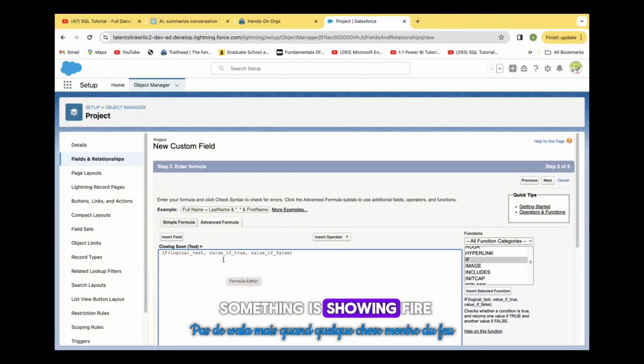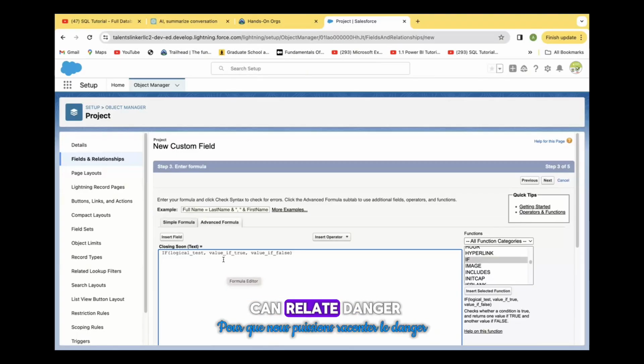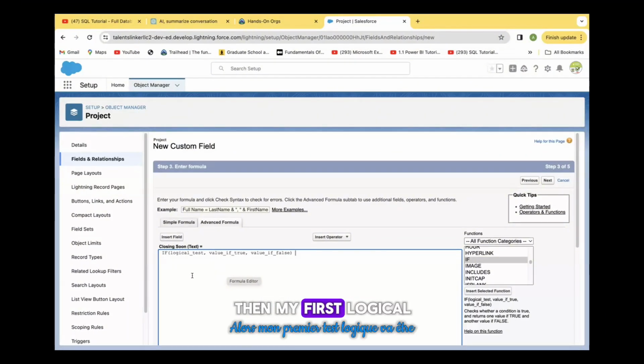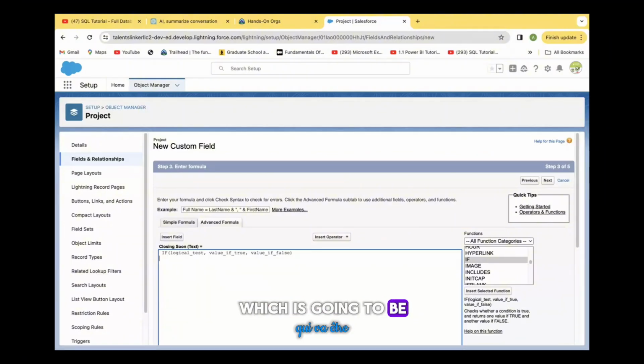But when something is showing fire, that means that thing needs attention. We use fire emoji when we are writing tests and all those stuff. So it can relate danger, it can relate attention. That is the kind of logic I'm trying to put into this. Then my first logical test, let me go down here to write the first logical test, which is going to be,